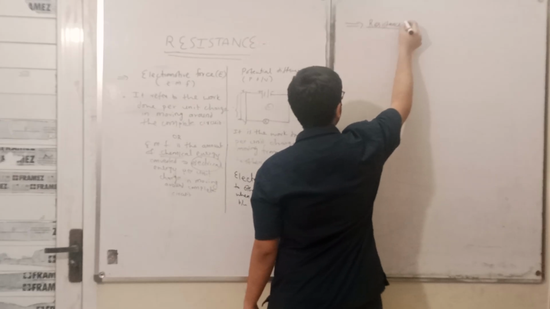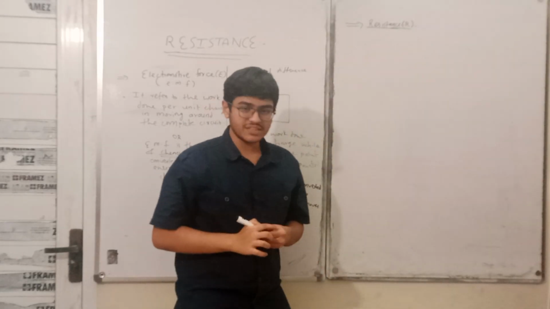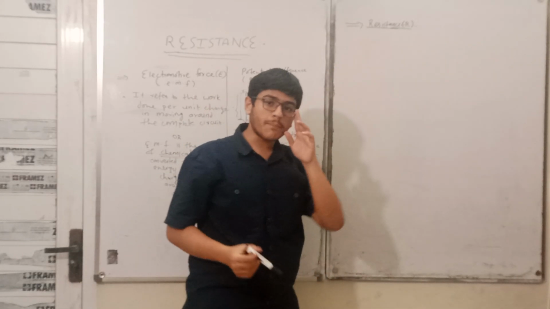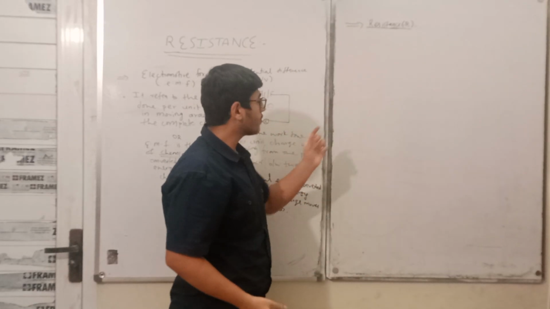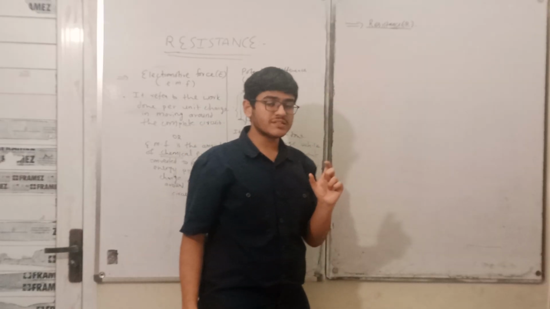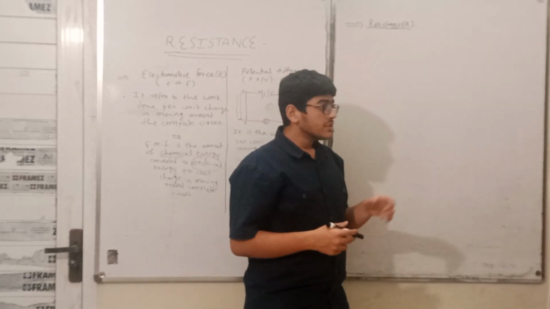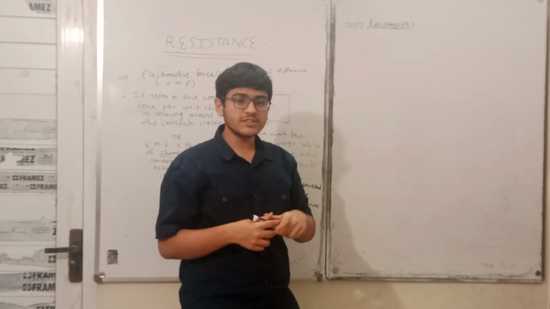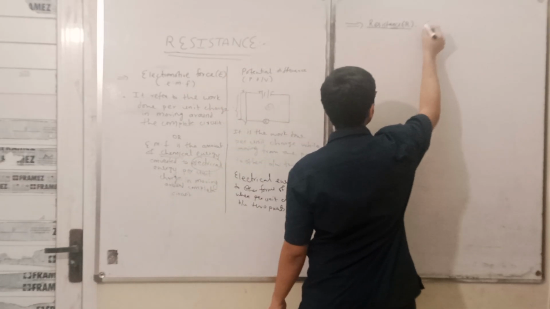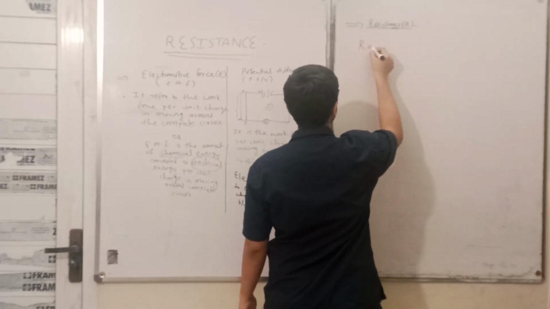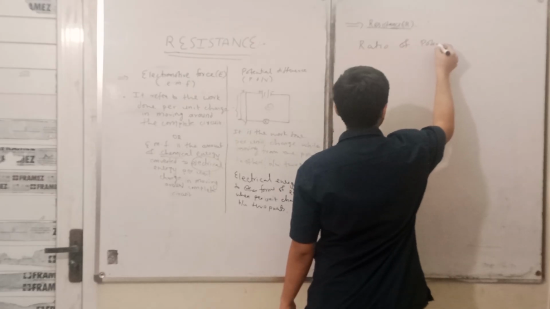It is represented by capital R, and just like many other definitions in our syllabus, resistance also has a mathematical definition instead of a theoretical one. Just like if I give you example of another mathematical definition, we have studied the concept of refractive index in the topic of waves. It is the ratio of sine of angle of incidence to the sine of angle of refraction, similarly, resistance is the ratio of potential difference.